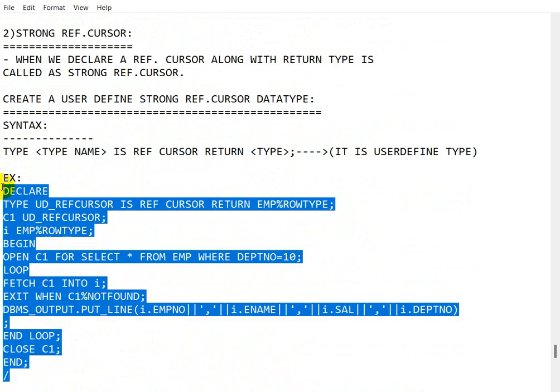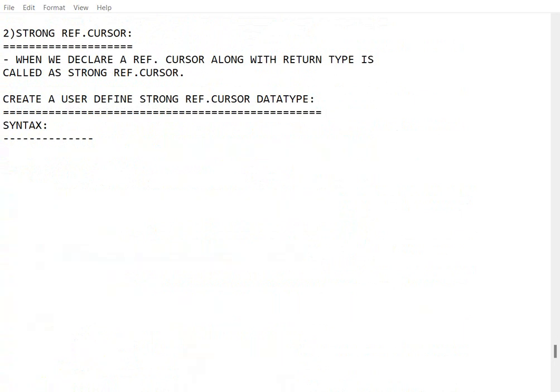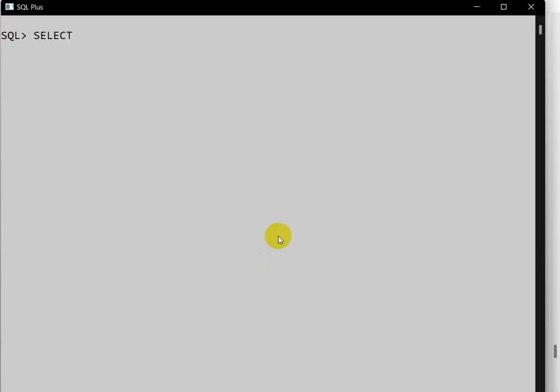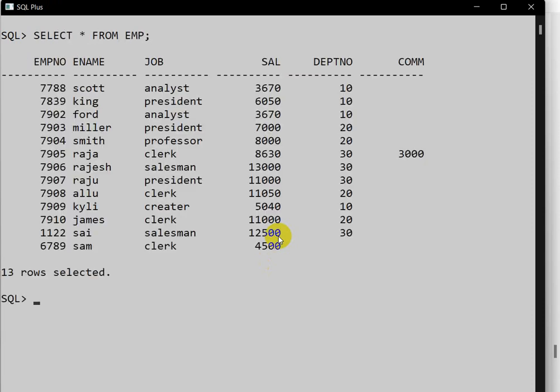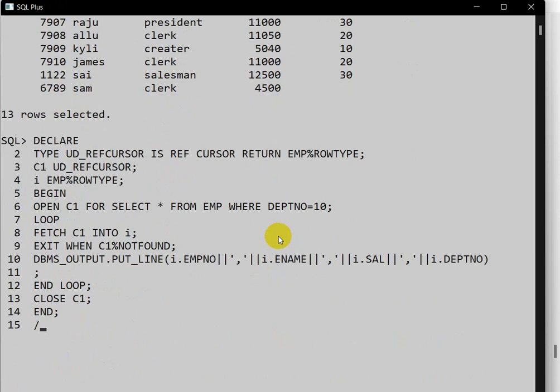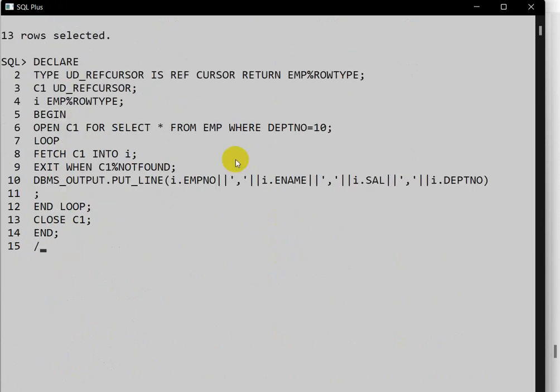So let me copy this and go to SQL Plus. Here I have already created one table called employee, and here we write a strong ref cursor program. Let me explain this. Now, the declaration block.